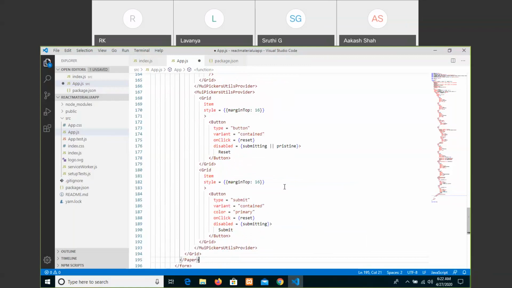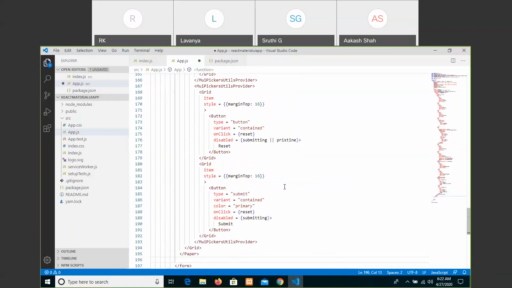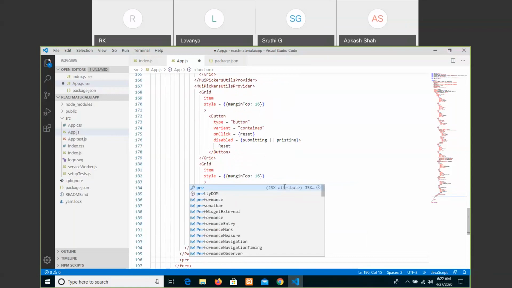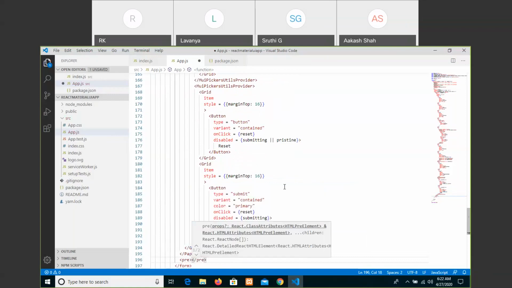we are done with grid and paper. It is overall details and we want to see the values whatever that user have entered. It's just a pre-formatted element of HTML, right?